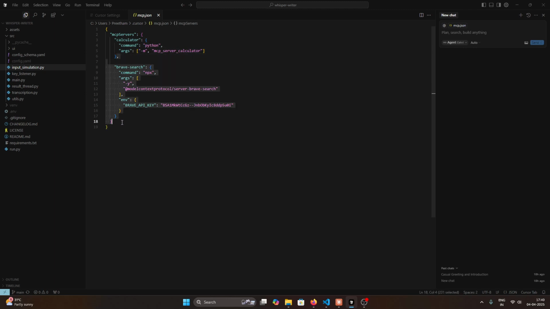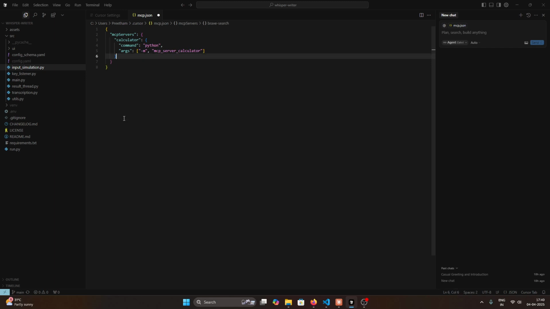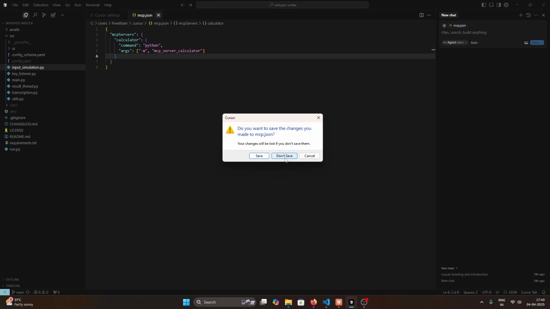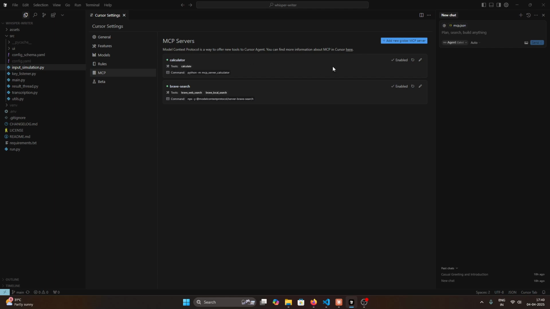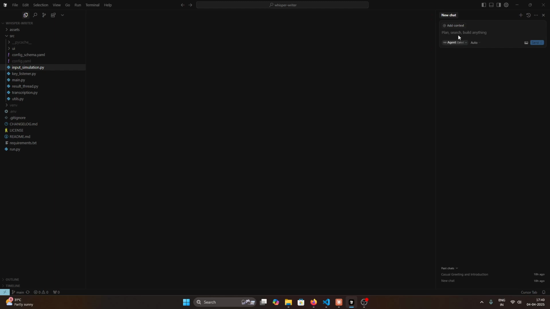So it will look something like this for you. Then you will be able to see it is enabled or disabled. So here you can refresh it, you can enable it, disable it, and once you go to new chat,